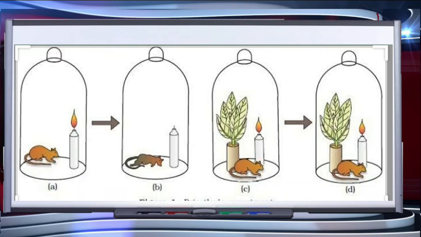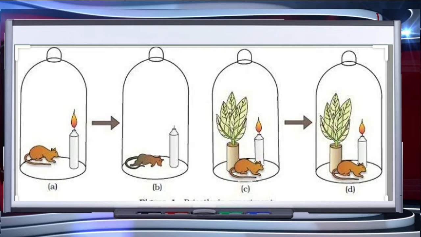In 1770, Joseph Priestley performed a series of experiments that revealed the essential role of air in the growth of green plants. In his experiments, he observed that a candle burning in a closed space, a bell jar, soon gets extinguished. Similarly, a mouse would soon suffocate in a closed space.